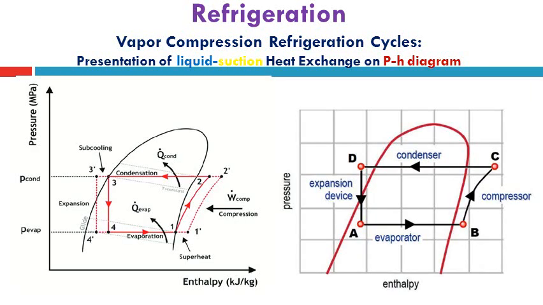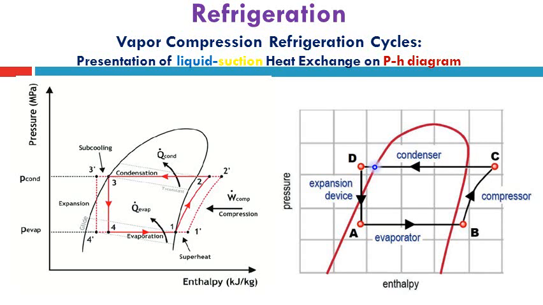This slide also completes showing the effect of the liquid suction heat exchange and its presentation on the pH diagram by switching or moving the saturation vapor line at entering the compressor by a certain degree of superheating and to the right direction on the pH diagram, and also the effect of increasing the cooling effect by switching this point D from